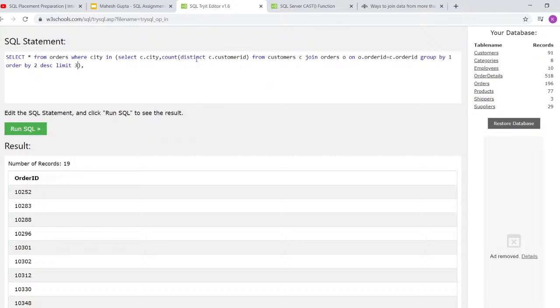Okay, so now what I've done here is I've written essentially that give me all the cities and give me their customer ID count, that is the number of customers present there. How do you do this? You choose the customers table, choose the orders table, perform the join on order ID, group by one, that is group by the city, order by the customer ID count, and limit all this to 3. And then if the city is present in this particular list, select all the orders where the city